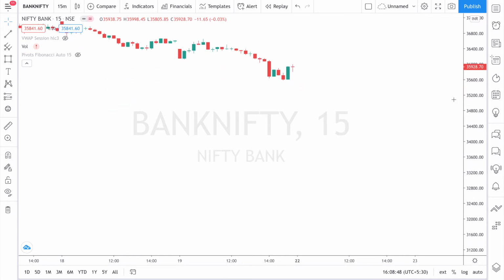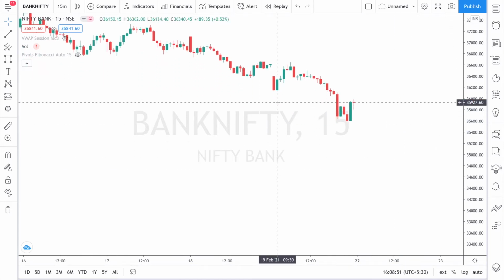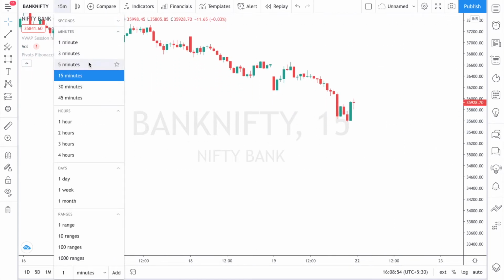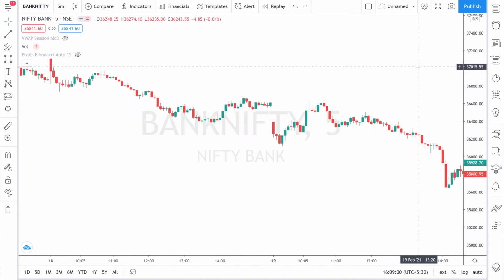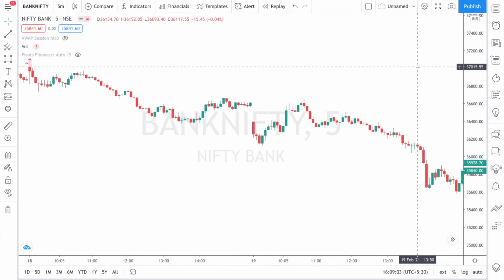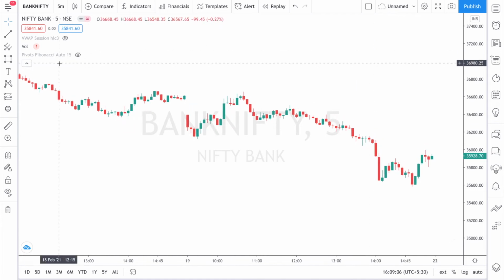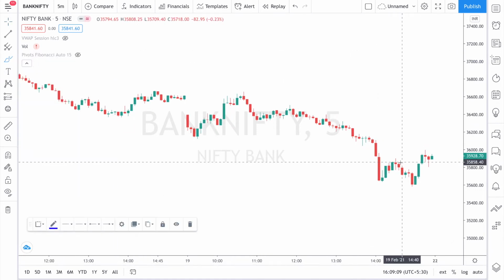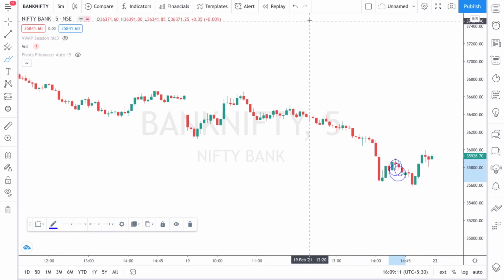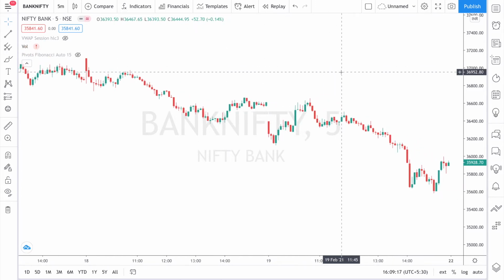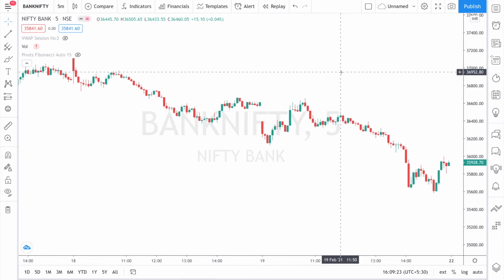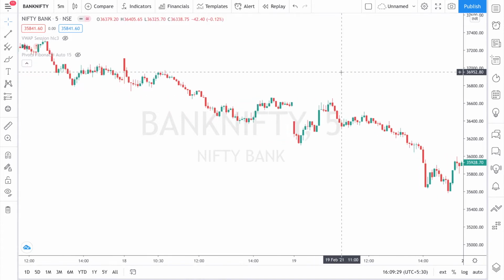We will see what happened today, and we will analyze whether we could capture that momentum. For that we will go to the 5 minutes chart, because mostly I use 5 minutes charts only. Overall I didn't trade today, but at the end, at this level, I took a trade and booked a good profit. I will share why I took that trade, even though I don't prefer trading after 2 p.m. Today I did a small scalp, and I booked my profit. So we will talk about that.